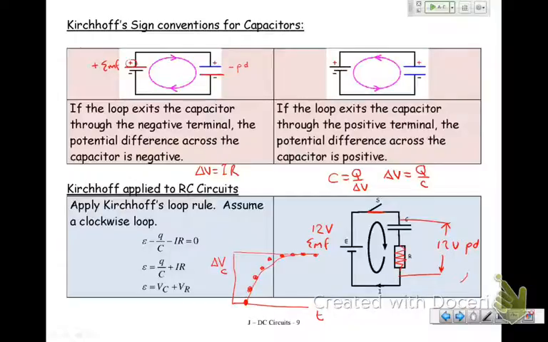Current's high. What happens as less and less charge can flow because the capacitor is more and more full? What happens to the current? Current gets low. So your current starts off high, but it falls off. That means if your current starts off high and falls off, your voltage across the resistor starts off high and falls off. So when you close your switch,